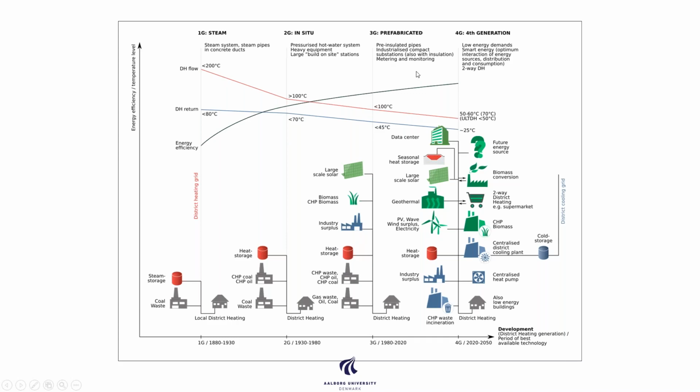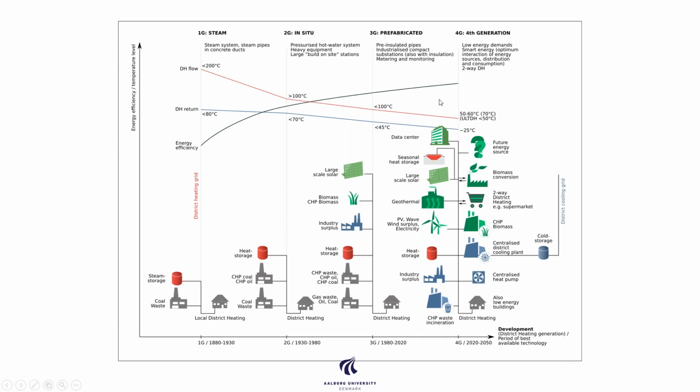But now, going into third generation and also fourth generation, we can start using more and more waste heat sources and other renewable energy. If you want to move into using renewable energy in your heating system, it becomes a key component to lower the return temperature or the supply temperature as much as we can, because these sources typically produce heat at a low temperature. One option is, of course, to boost them with heat pumps if needed, but by having it lower, we gain access to many more renewable sources.